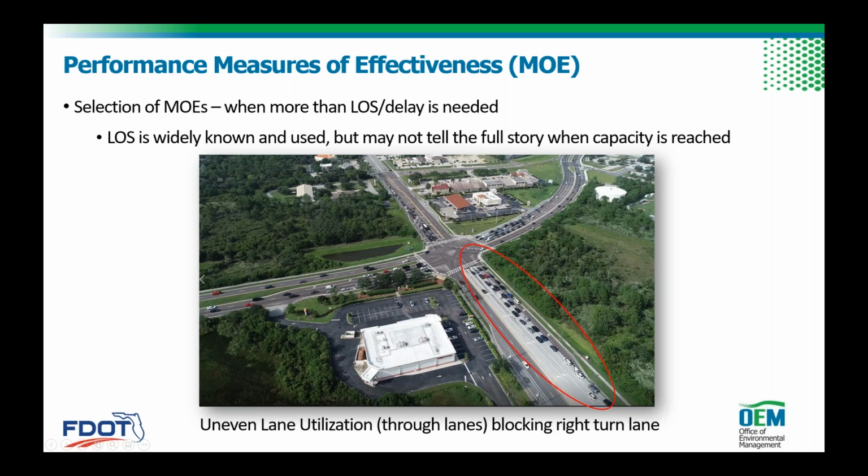Maybe a data collection that includes lane utilization factors, which are great for calibrating different models. Even deterministic and stochastic models both can use this data to be calibrated. So just a quick example showing why there's more to it than just simple turning movement counts and level of service.